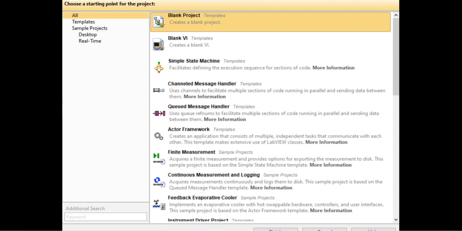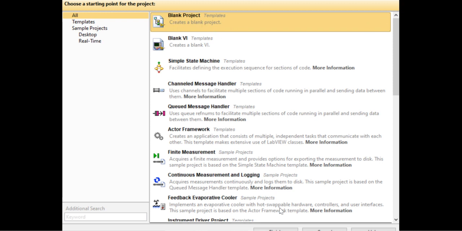The LabVIEW Real-Time and FPGA modules add functionality to the LabVIEW development system. Whenever you want to design any project, you can use a project. Using the project, you can manage any number of files, which I will teach today.